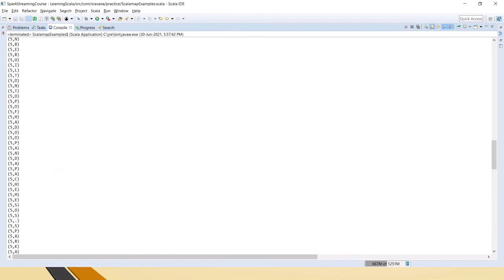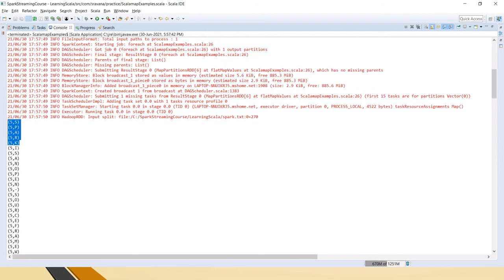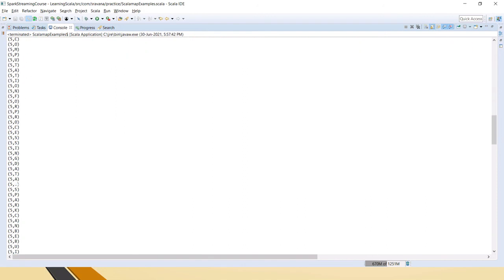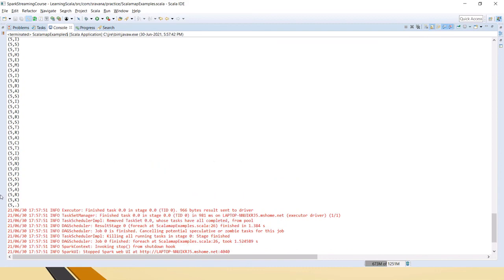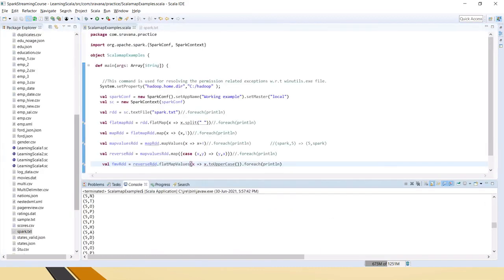So friends, if you see here, it has flattened the structure. See, SPARK, Spark is flattened, and it has converted all the letters to uppercase. It applied that functionality to each and every element present in the RDD.